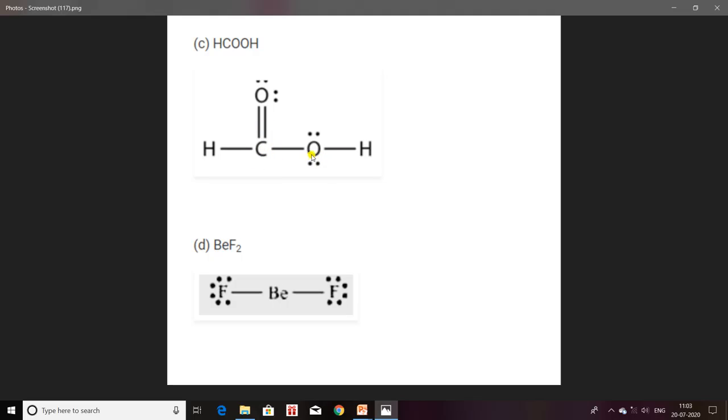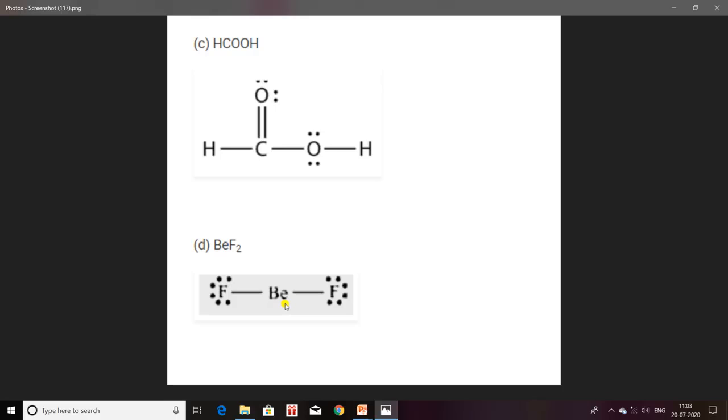Now you will represent valence electrons of this oxygen atom. So 1, 2, 3, 4, 5, 6. Okay. Now this oxygen atom needs 2 electrons. So it will share 1 electron with this hydrogen atom and it will share 1 electron with this carbon atom. Okay. So in order to complete its octet, it will share electrons from these 2 atoms and its octet will be complete. Okay. And there will be formation of single bond. And these 2 are lone pairs. Here also these 2 are lone pairs. That means non-bonding electrons.